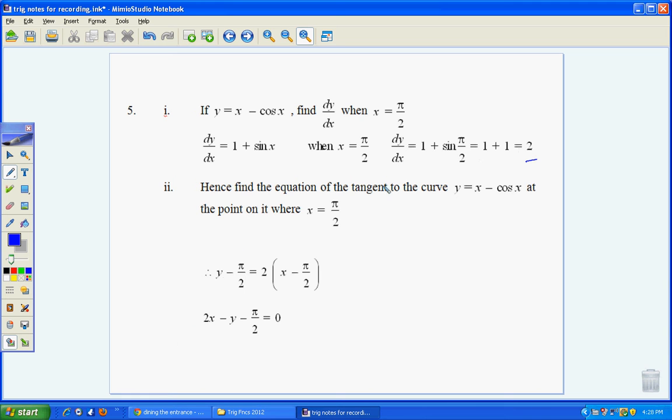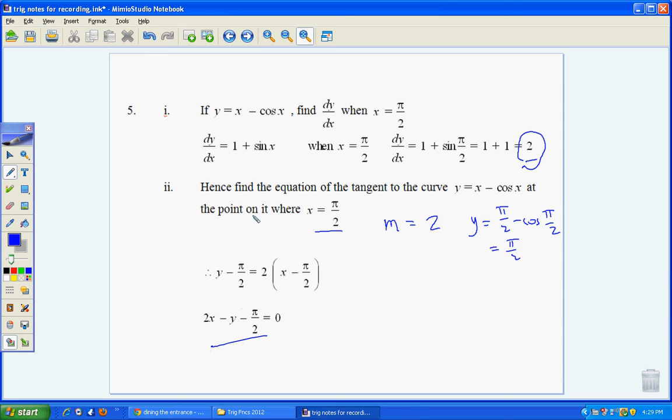Then we want to find the equation of the tangent to the curve at where x is equal to pi on 2. Well, we've just done all that work. That actually just gave us our gradient. So we know our gradient's 2. X is equal to pi on 2. Y would be equal to pi on 2 as well, because we get pi on 2 minus cos of pi on 2, and cos of pi on 2 is 0. So that's just going to be pi on 2. Put in for the equation of the tangent. There's our x and y values, pi on 2, gradient of 2, and then simplify it out to give us